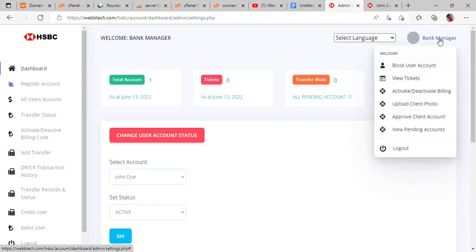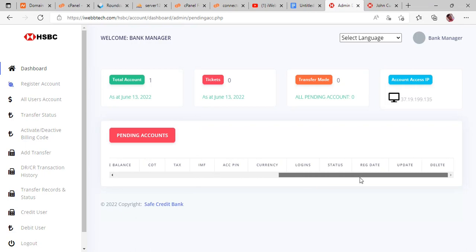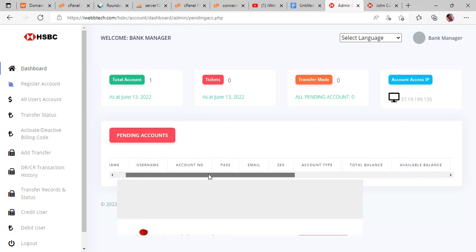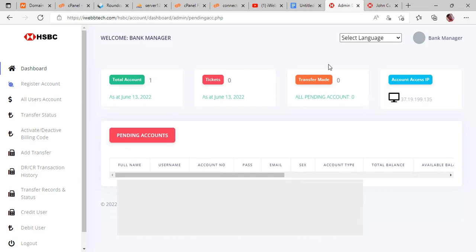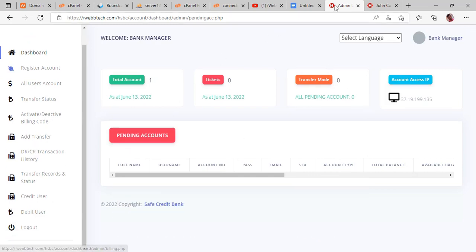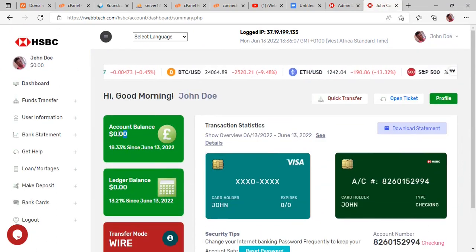Okay, let's go back over to bank manager once more. I've shown you how to upload a client photo. Okay, let's go over to view pending accounts. Probably you have some people that signed up from the website. You just view them right here, and you see how to activate all the pending accounts. Okay, let's go ahead and credit this user right here. You can see the account balance right now is